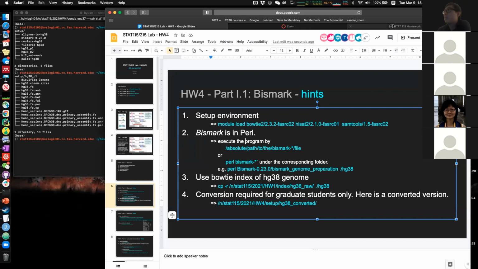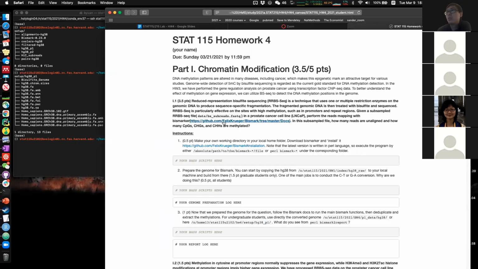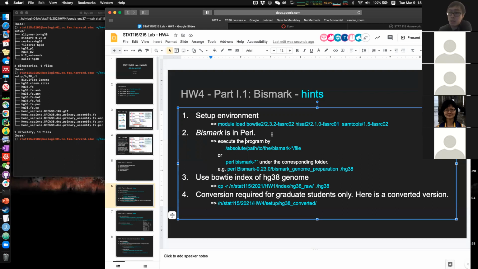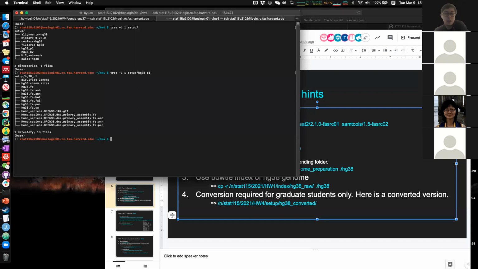So as we put in the homework, we ask you to go to this Bismark document to see how to use them and also how to install them directly from scratch. Just one thing to note here is that this Bismark software is written in Perl. So try to call it cleverly, because usually the functions we call from the bash, for example Python here, are all pre-compiled into a binary file, so they can call Python as a command directly. But imagine